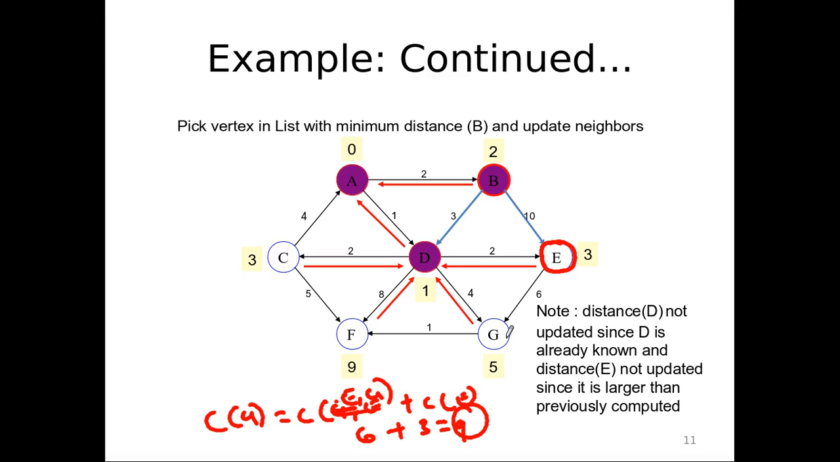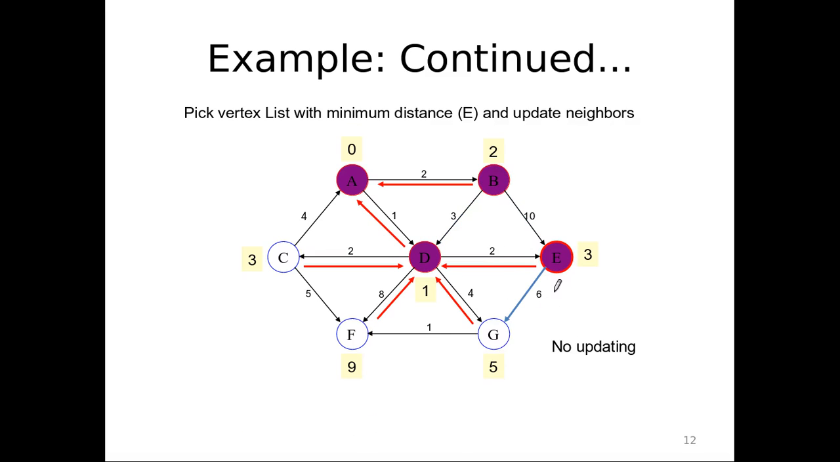What does it imply? Previously the cost of reaching G was 5 via D, but the cost of reaching G via E takes me 9. So I prefer the previous path, which is via D. So this does not get updated, and there are no more updations here. Okay, so E gets visited. There is no updation for us. Next we have 3 nodes which are left out for us. Out of these 3,